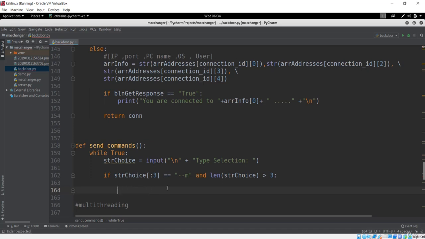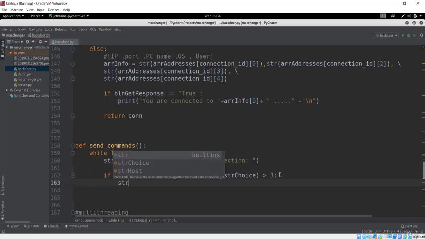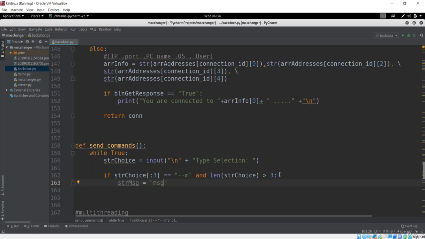Let's go here, and after we see this command, let me get that message first, because we have to send that message back to the client. In order to do that, we first take this identifier. This msg identifier will represent that this is a message.